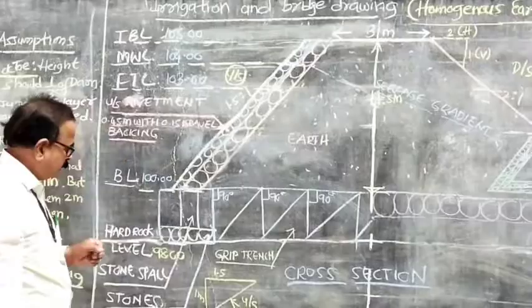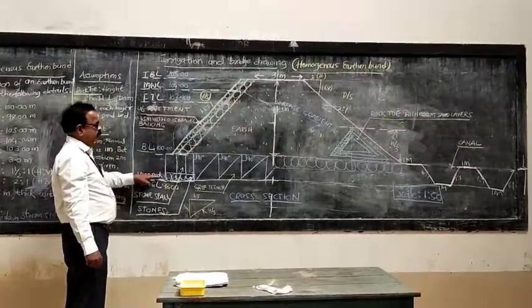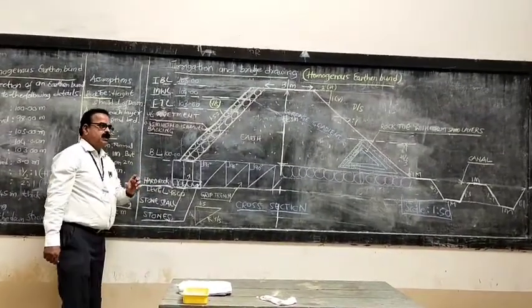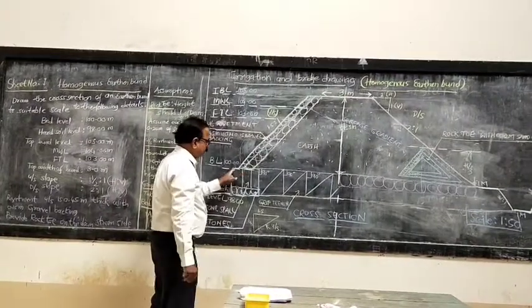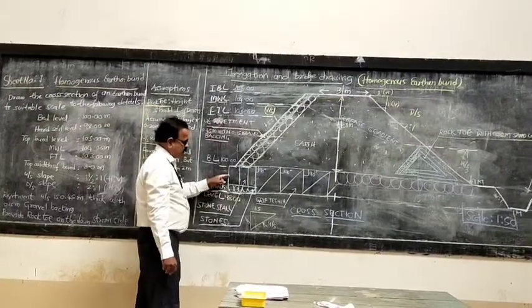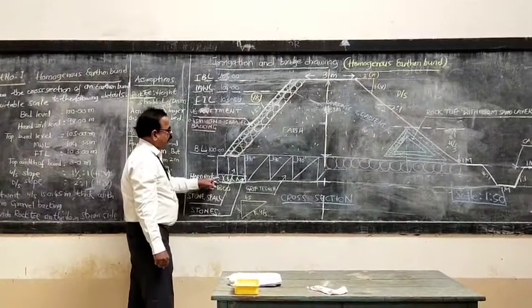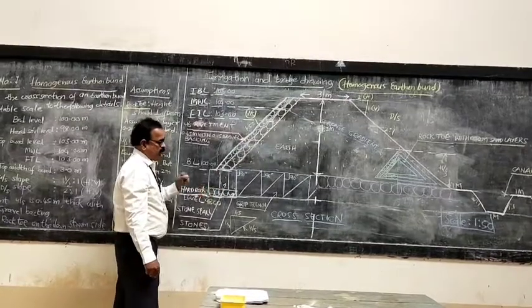Most important again is the foundation. For the foundation, we get height 2 meters. Since it is given, we have to take it. Otherwise, normally we assume 1 meter. And then the width should be taken as 1 meter, and then take vertical stones which are known as stone falls. And below it is again filled with stones, and that completes the foundation.